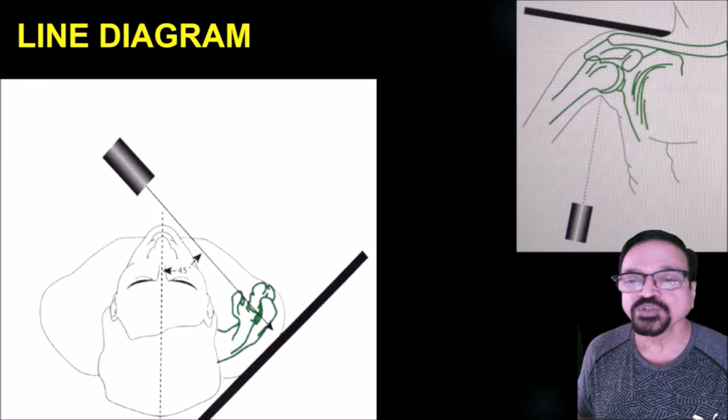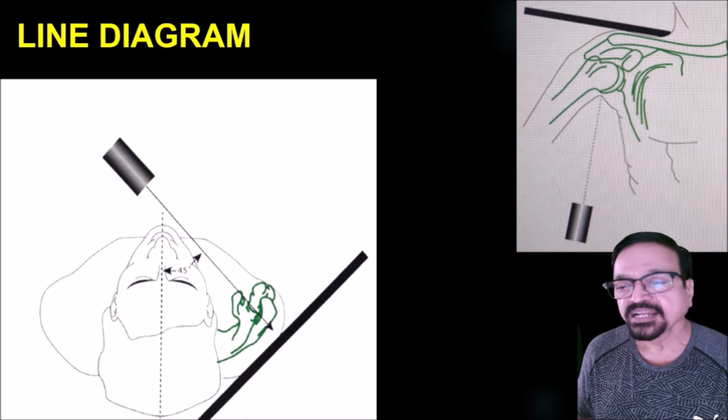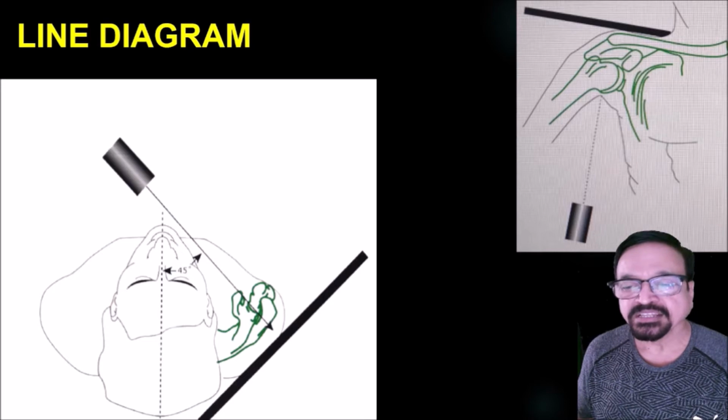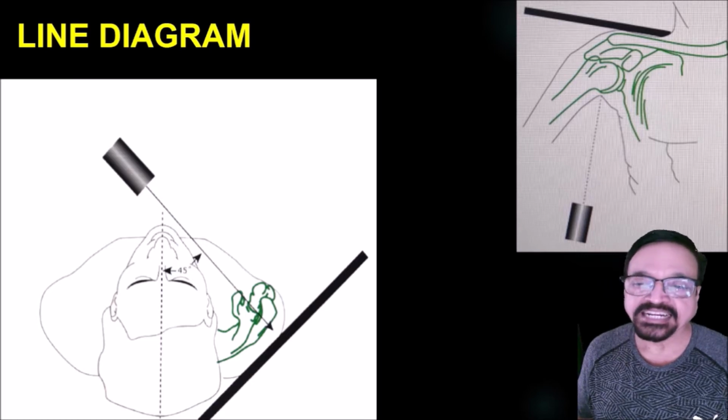The first shows you angulation, which is for the AP. So the first line diagram shows you how an AP is taken, and the second diagram shows you how a lateral or axial is taken. In the true sense, it is not a lateral, it's axial. So in AP, the patient makes 45 degrees, you have seen it. Now if the patient cannot make it, then you have to make the angle with the cassette.